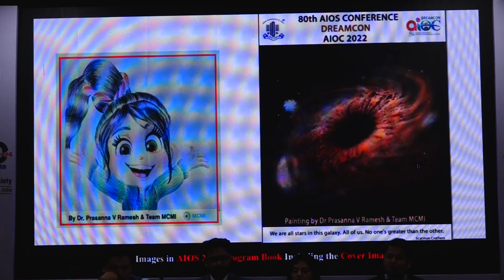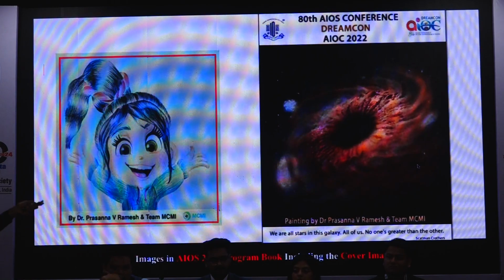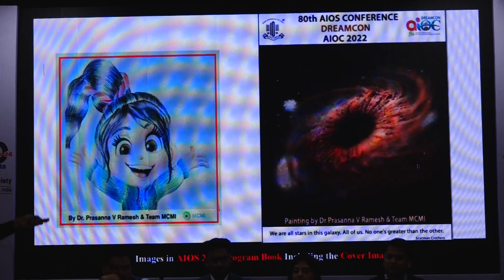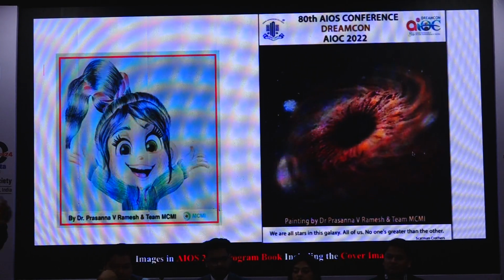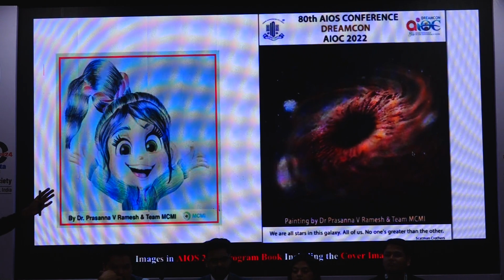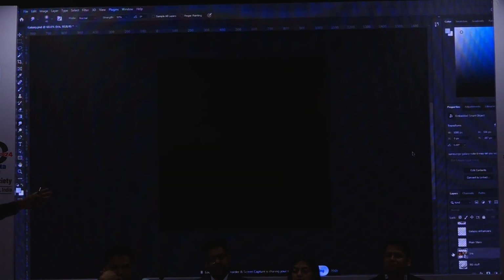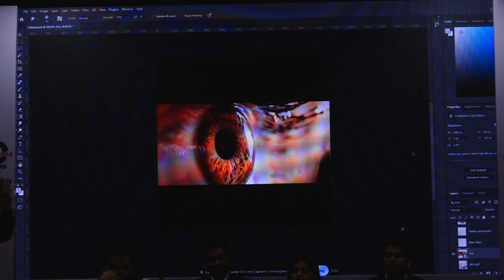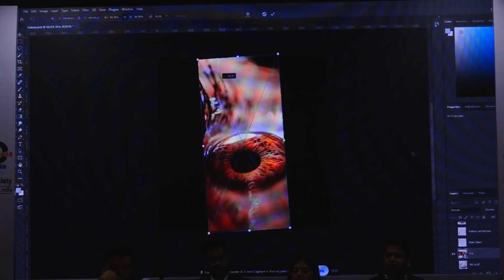So in this era, this is one image I think you all would know. With this, I'll be closing my presentation. In 2022, this was a cover page image that I published at the 2022 AIOS conference. We took around 4 to 5 days to make this image. It was not generative AI, and this is how we made the image. I wanted to show you why generative AI is dangerous. We took a patient's photograph.